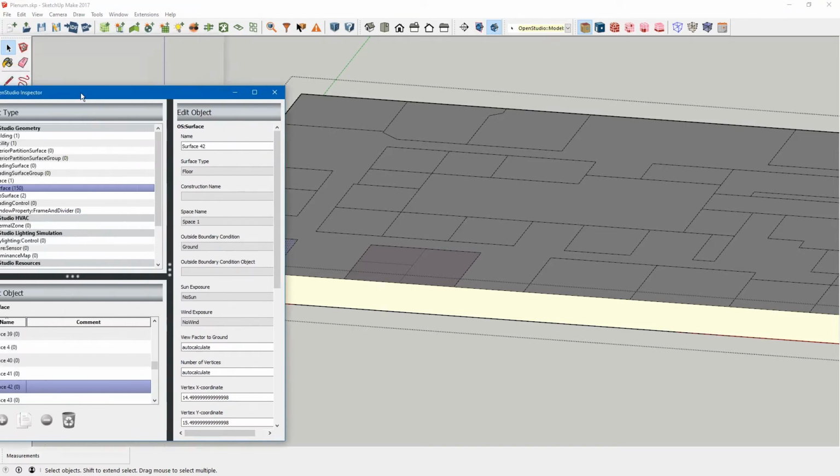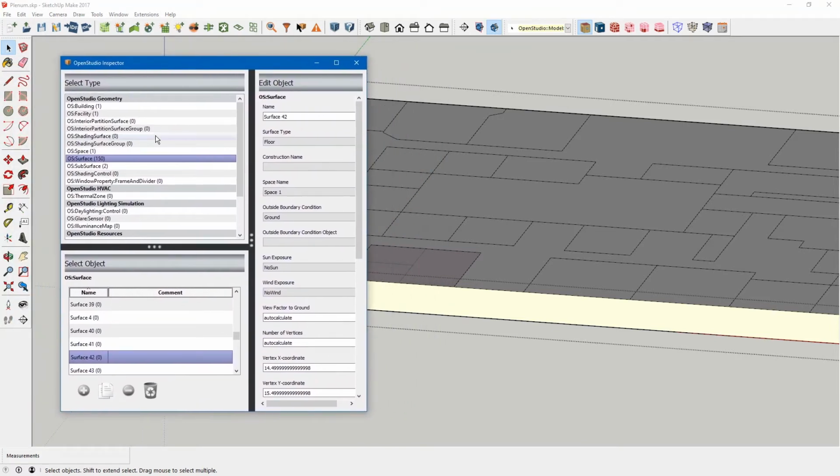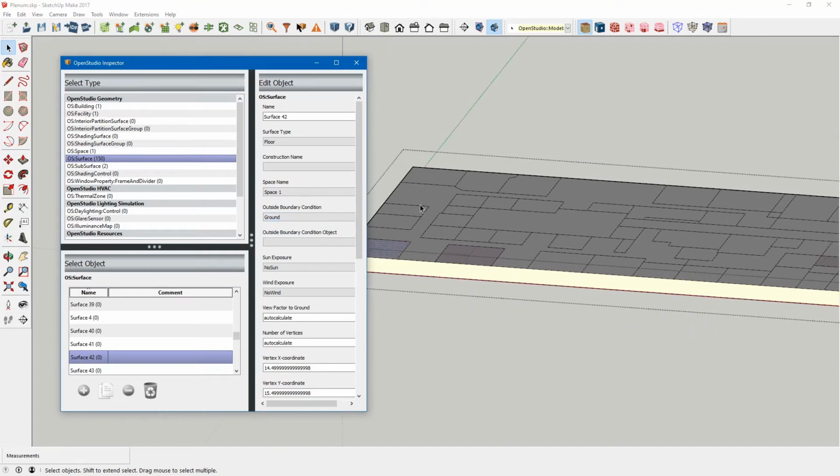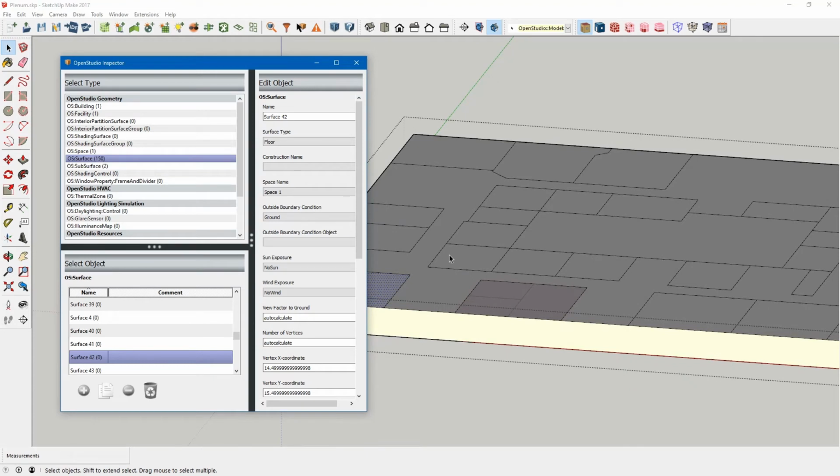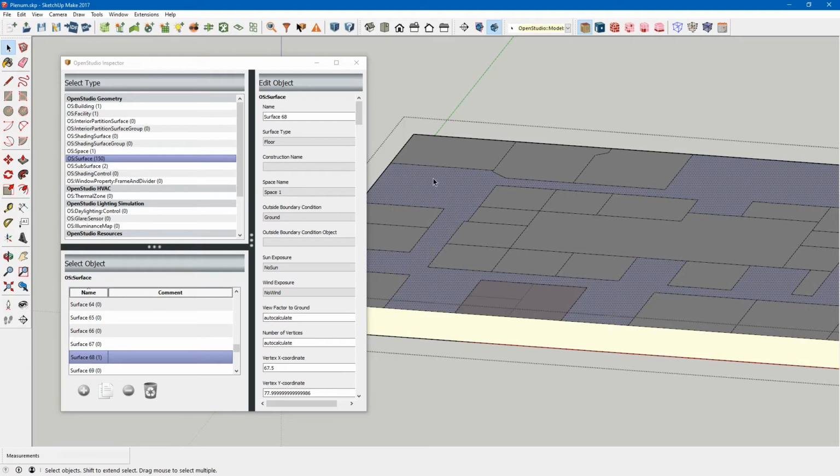If you recall, we are creating the ceiling of this plenum based on the floor of the previous model, and so all of our plenum ceiling surfaces are labeled as floors.